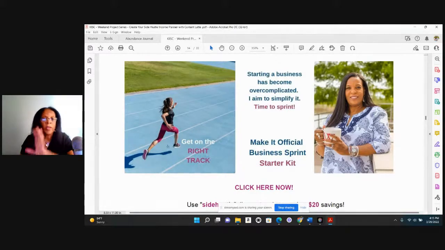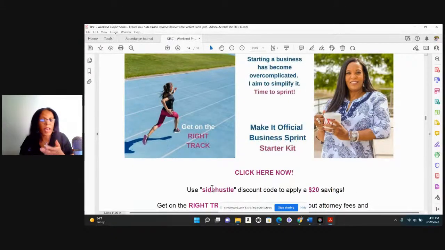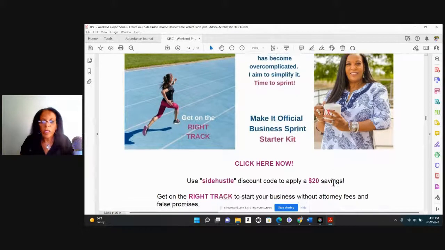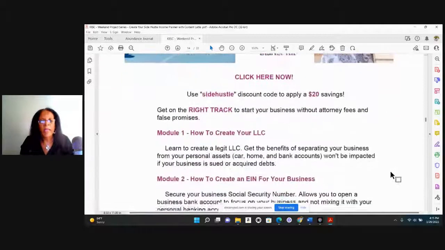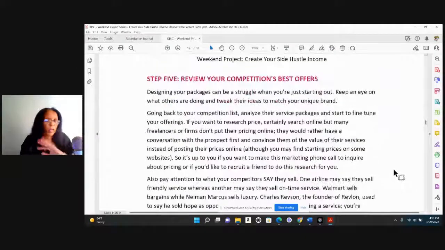So here again, they can click here and they're going to go to the member vault, which is my membership site, and they're going to be able to download it. And because it's a promotion, I'm giving them that code so that they can save $20 on that particular course. So again, there's your link. There's a promotional item that you can optimize just right there in and of itself, right? And then going through the course some more, that's a whole page that was a promo. So that's what that was about.